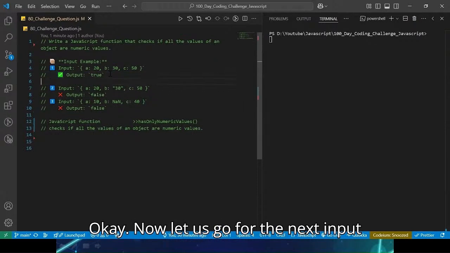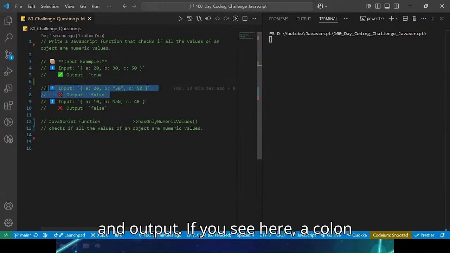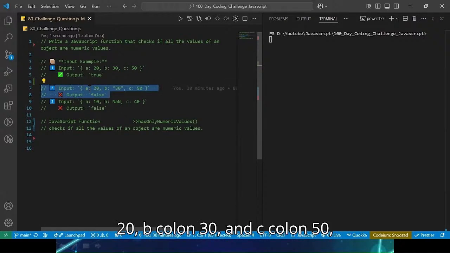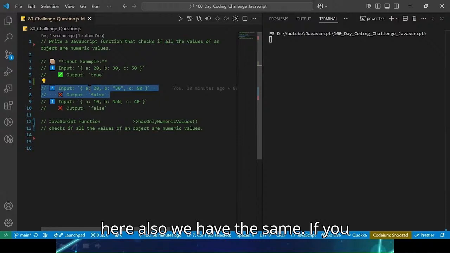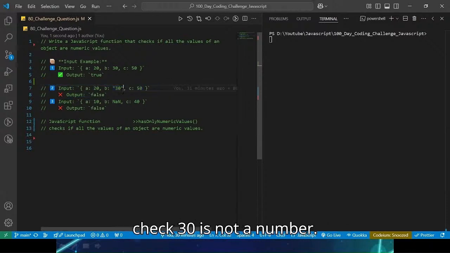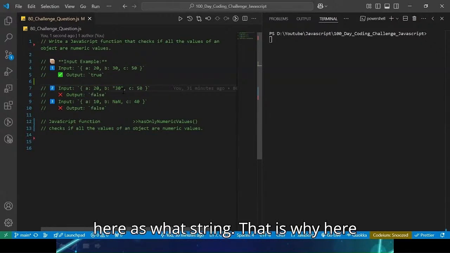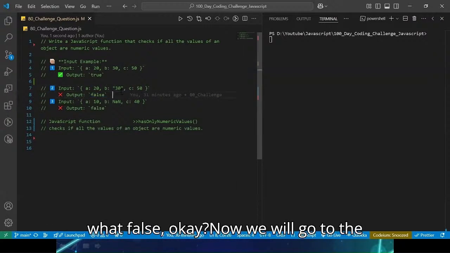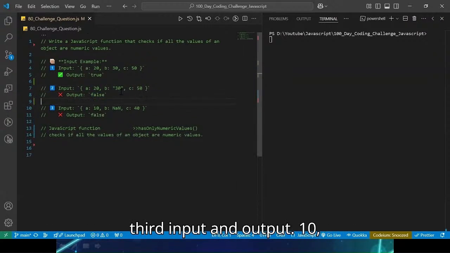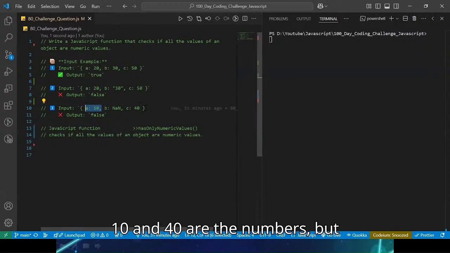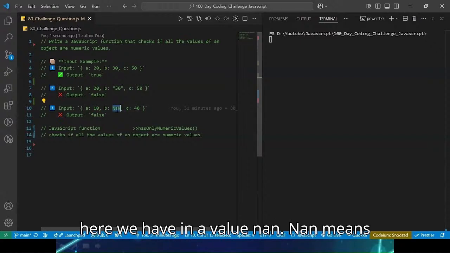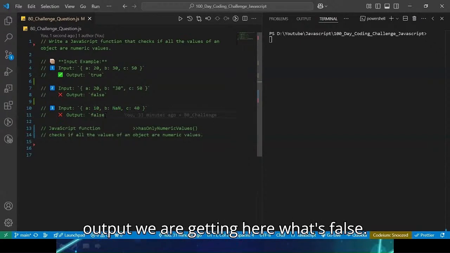That is why in the output we are getting true. Now let us go for the next input and output. Here we have a:20, b:30 and c:50, and here also we have the same. But if you check here, b:30 is a string. That is why the output is false. Now we will go to the third input and output. a:10, b:9, c:40 are numbers, but here we have a value NaN. NaN means not a number, right? That is why in the output we are getting false. So now since we have